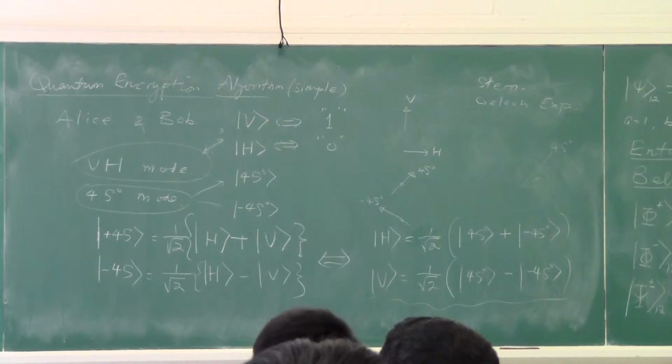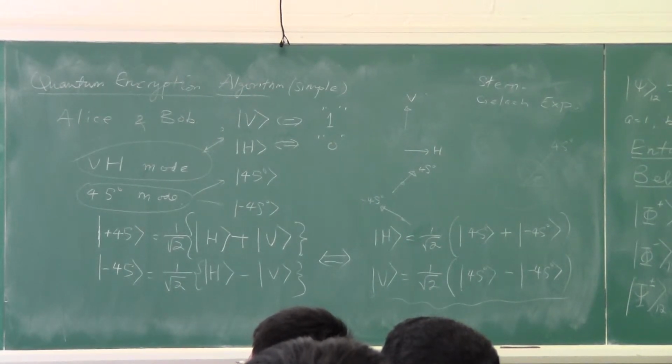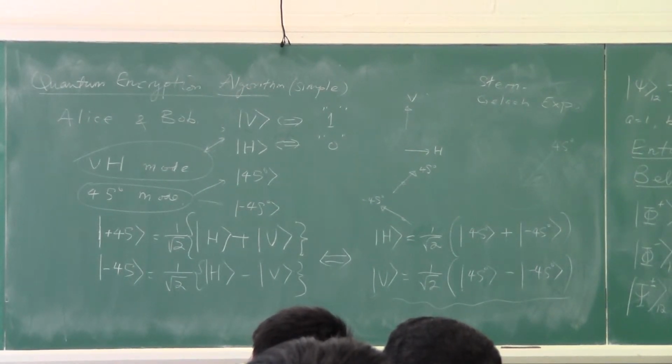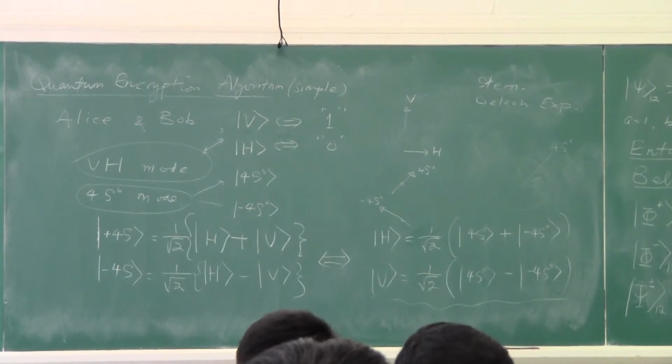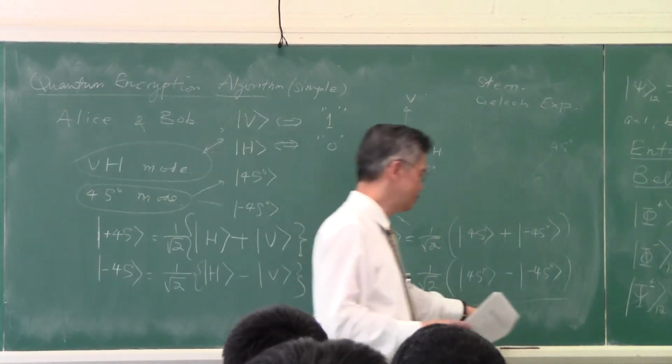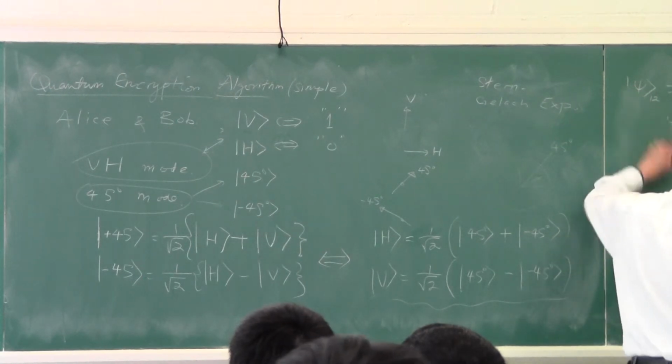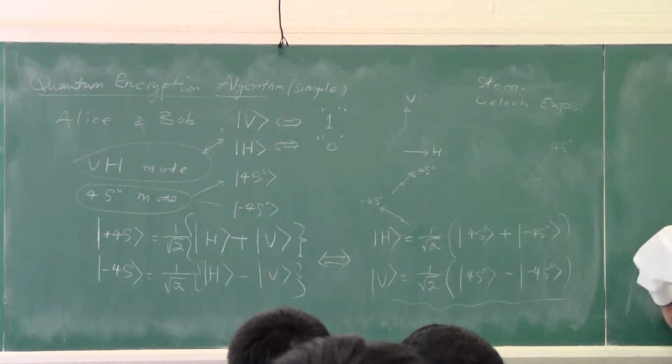It's either in the VH mode, vertically polarized photon and horizontally polarized photon, or she used the 45 degrees mode. One would mean this and 0 would mean that. The other one is 1 would mean this, 0 would mean that. And Bob doesn't know. Bob also aligns his receiving polarizer randomly, sometimes using the VH mode to receive, sometimes using the 45 degrees mode to receive. So if both of them do it randomly, equally distributed between the two modes,